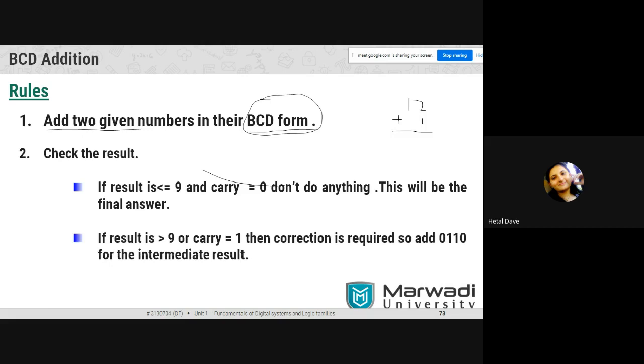But if our result is greater than 9, by means of this table we can see that bit combinations greater than 9 are not used. Some codes are illegal. So if our result is greater than 9, then correction is required, because our answer should be verified by the actual answer. We need to correct them. How will they be corrected? For whatever illegal combination, we will add 0110. It is equivalent to 6, because there are 6 illegal combinations.